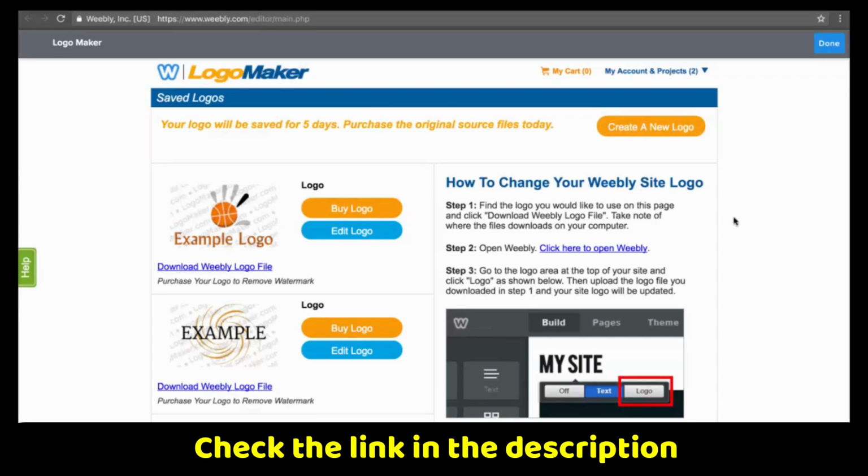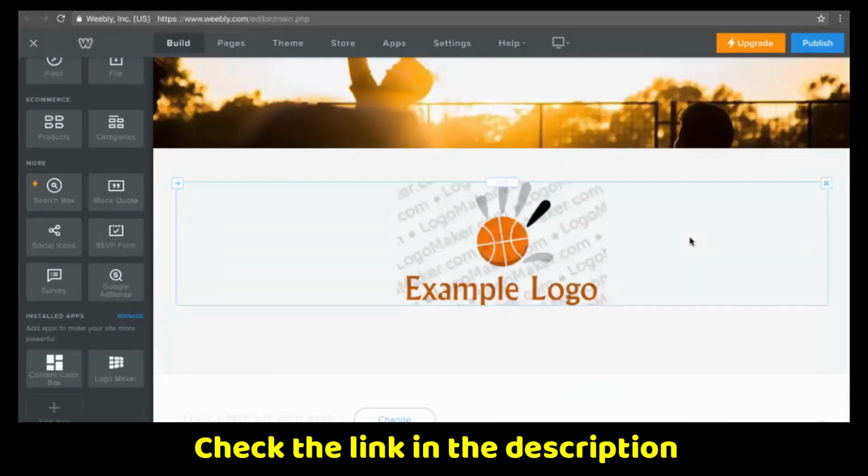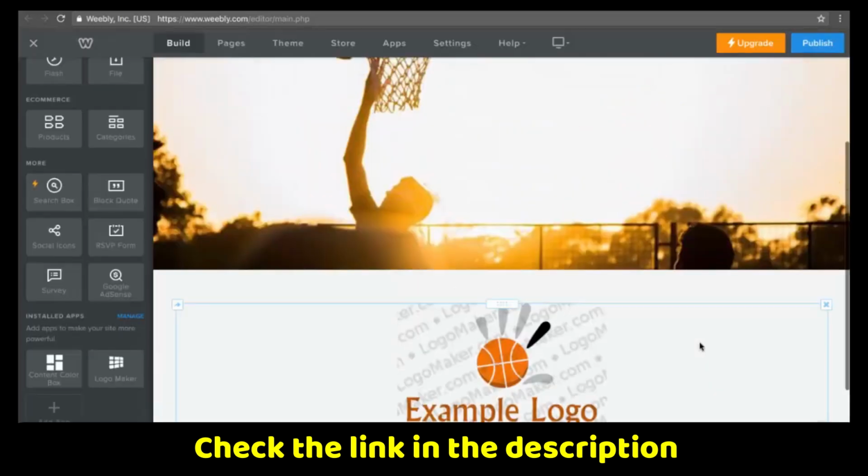After you have created and saved a new logo, you can download the new file and then choose Done. This concludes the tutorial on using